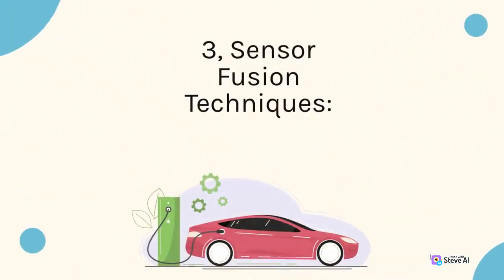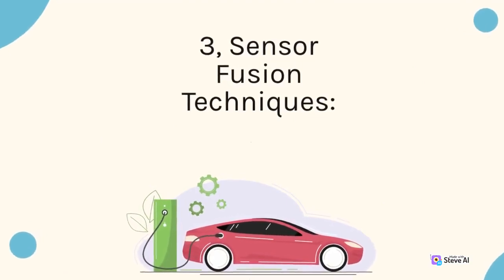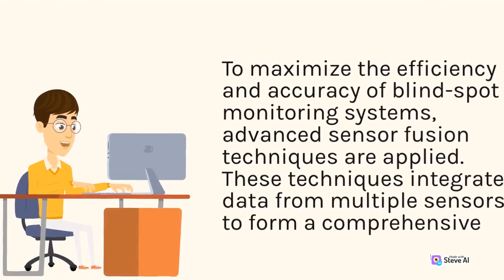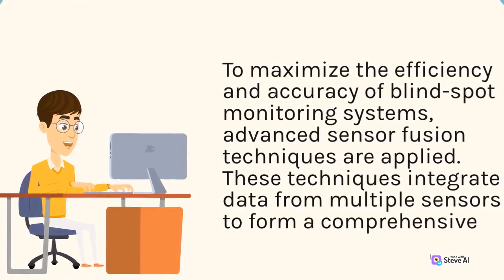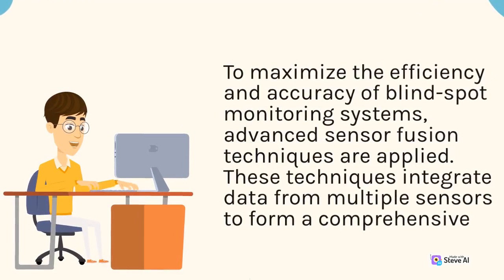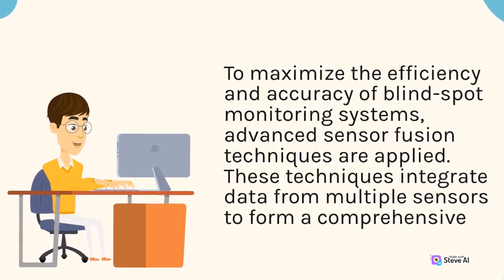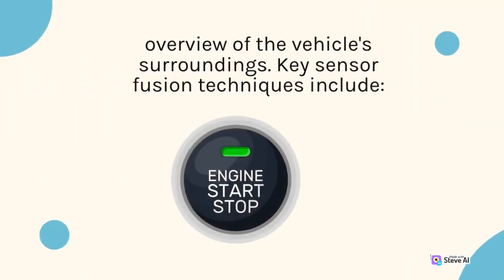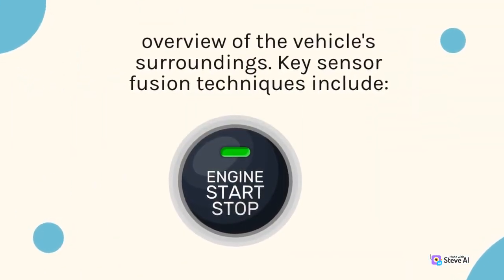3. Sensor fusion techniques. To maximize the efficiency and accuracy of blind spot monitoring systems, advanced sensor fusion techniques are applied. These techniques integrate data from multiple sensors to form a comprehensive overview of the vehicle's surroundings. Key sensor fusion techniques include